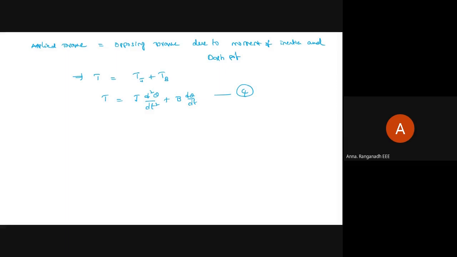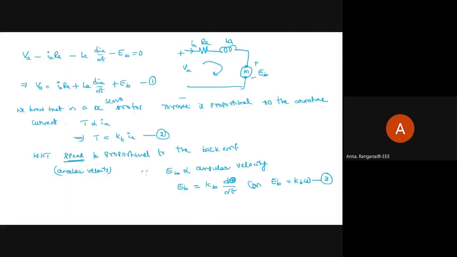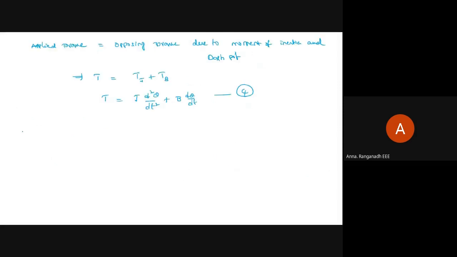So these 4 equations are the main equations to analyze the transfer function. From these 4 equations, we can find the transfer function. Before finding the transfer function, we should know what the input and the output are. The input is V of t, VA, so VA equals the input, and the output is theta. Therefore, the transfer function can be written as theta of s by VA of s. This we need to calculate.